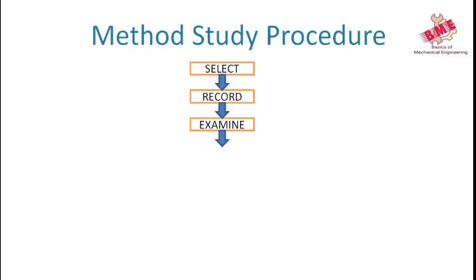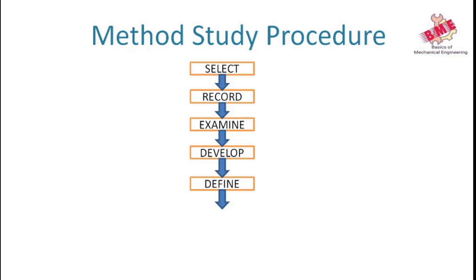After that examine, we have to develop the new process with improved points in it to develop the new production line. After developing, we have to define that process. Means, first we have to check that process neatly, and after that we have to define the new process and explain it to the customer or the organizer.